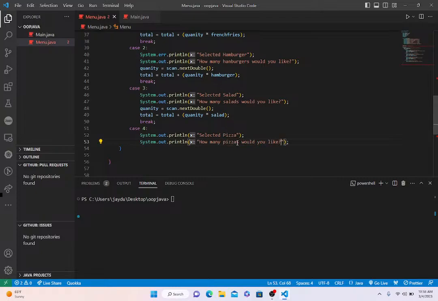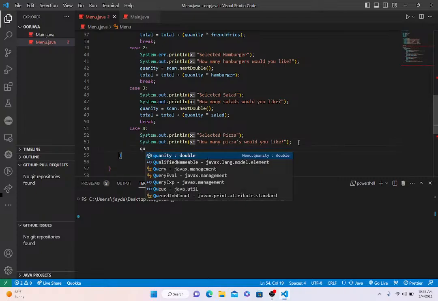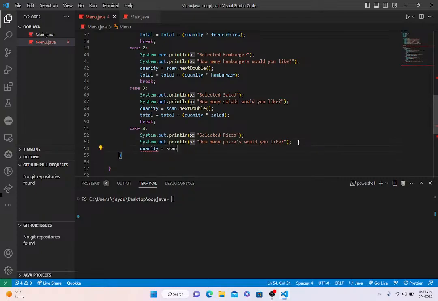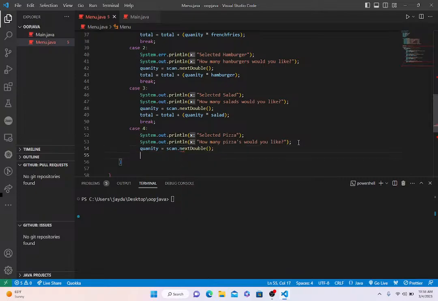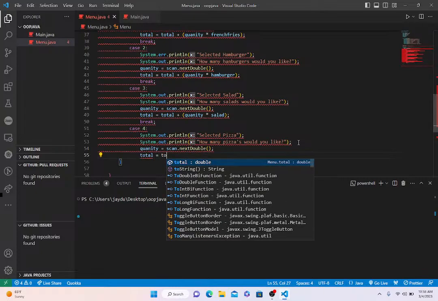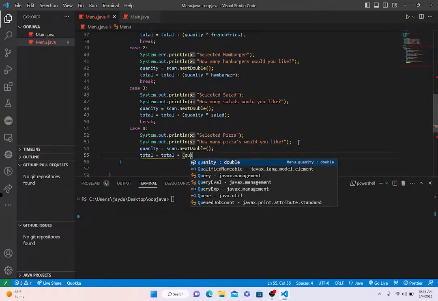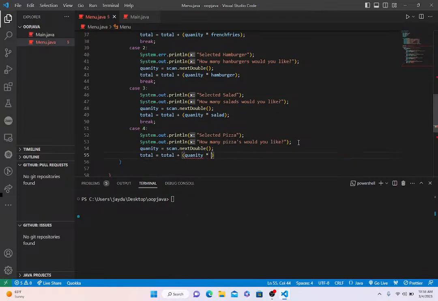I think this is apostrophe S. Not an English major, so I'm sorry if that's grammatically incorrect. Scan.next double. And we'll do again total equals total plus quantity times pizza break. All right, so now that we have built out our switch statement, right here we'll need to put in